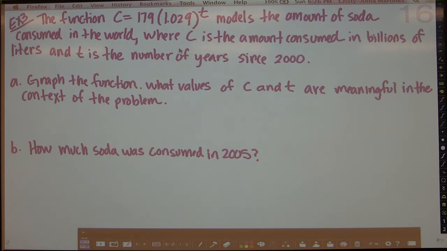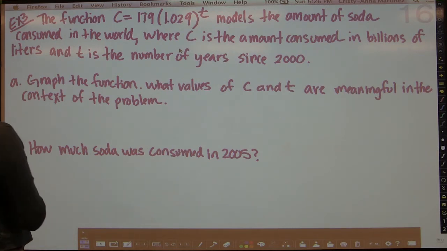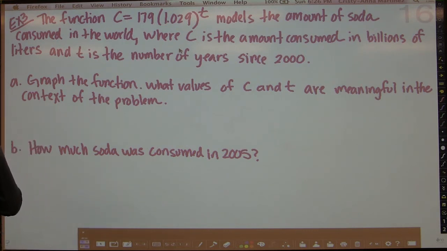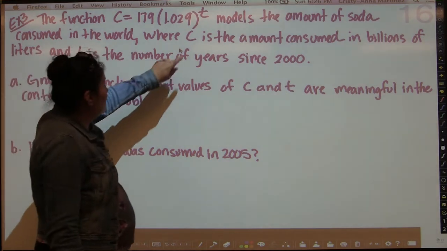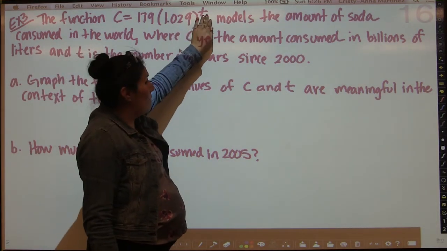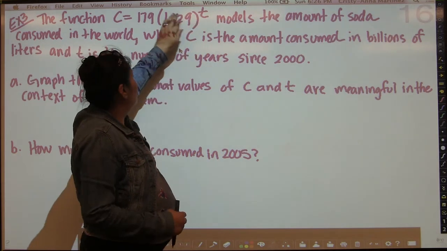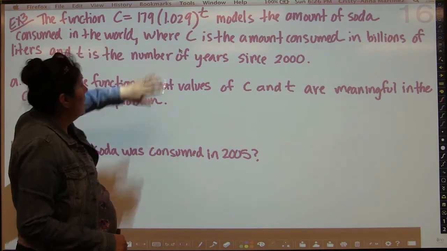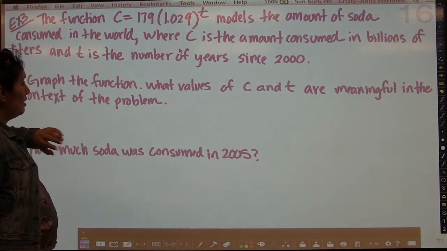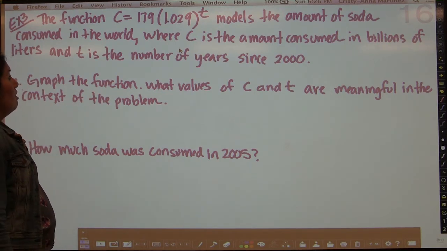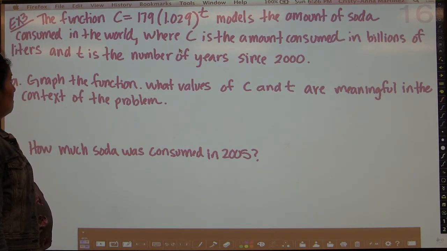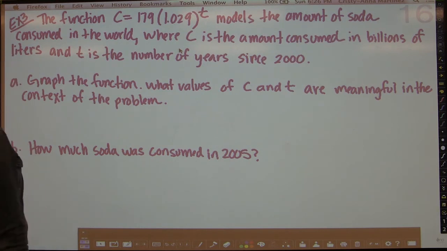So of course, we want to make sure that we mention that t needs to be greater than or equal to 0. Because when t equals 0, that would be when we started. And that would be the 179 billion. So basically, if I let t be 0, then this to the 0 power is 1. And 1 times 179 is 179. So that means that when t is 0, so in the year 2000, there was 179 billion